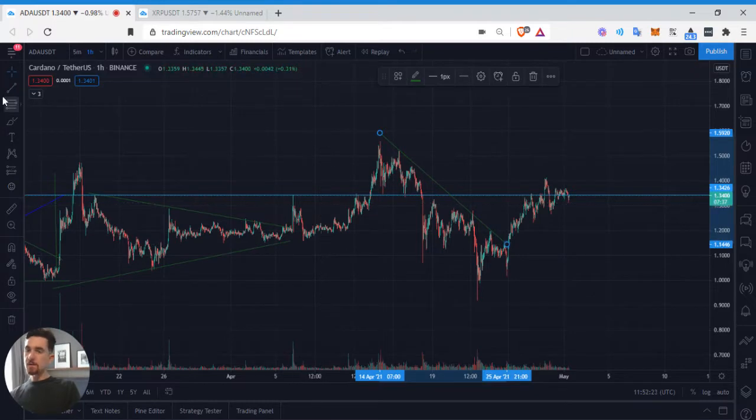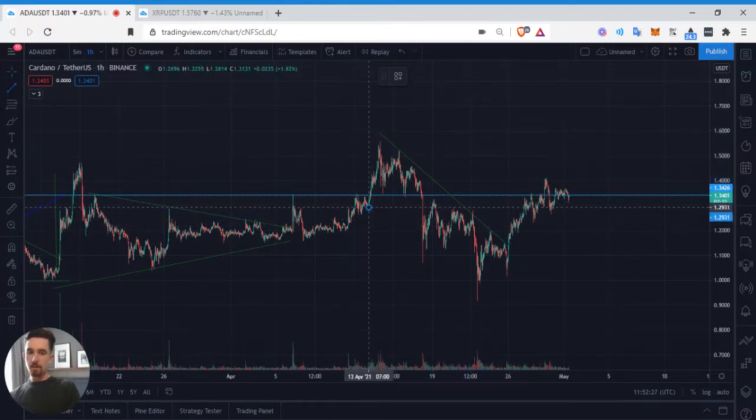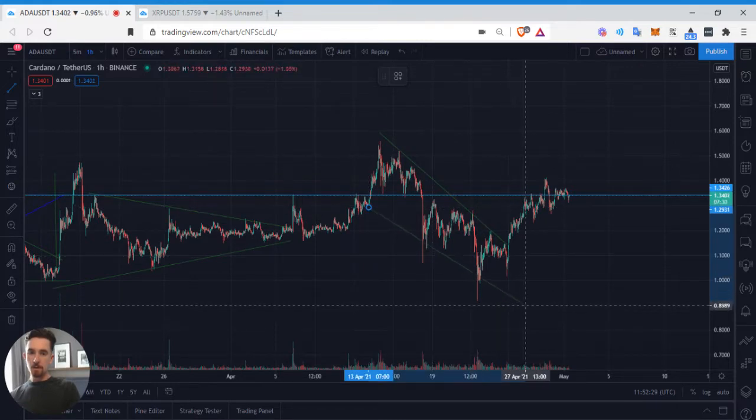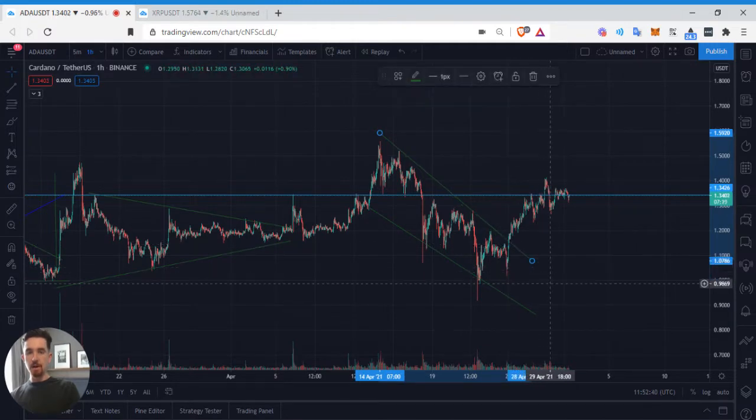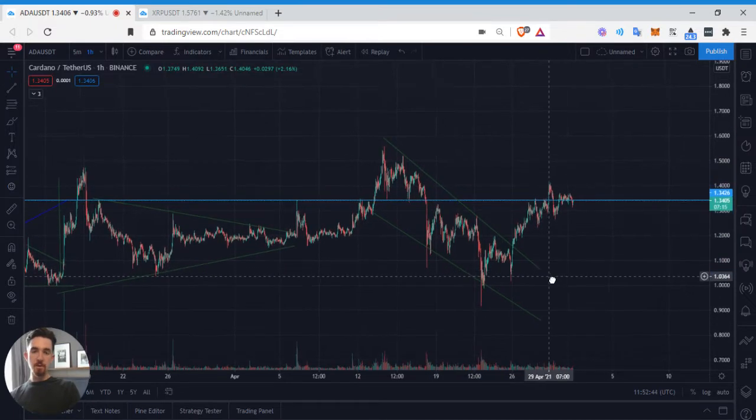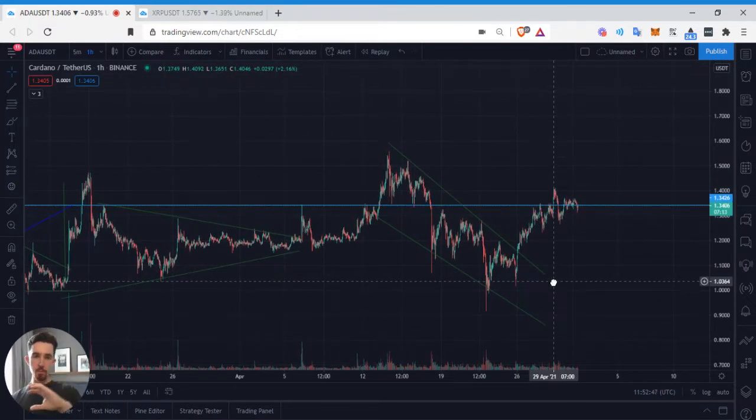And yeah, I like this. So I will draw this kind of as a little bit of a falling wedge. You can draw it like this. You can draw it to the bottom of the wicks if you want, but I sometimes like drawing it to just the actual body of the candle. So you could just do here, and then you could extend this guy out. But remember, basically descending wedge or descending channel is a bullish pattern. So then we broke out of there.